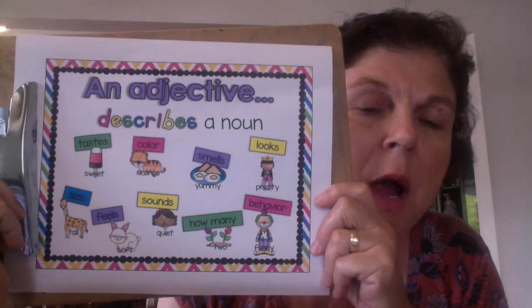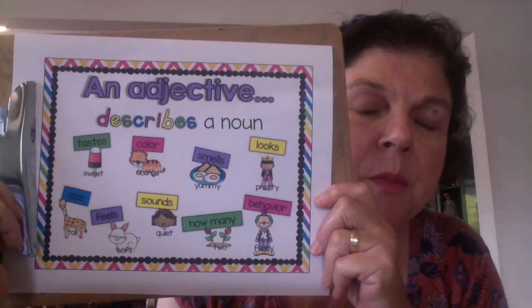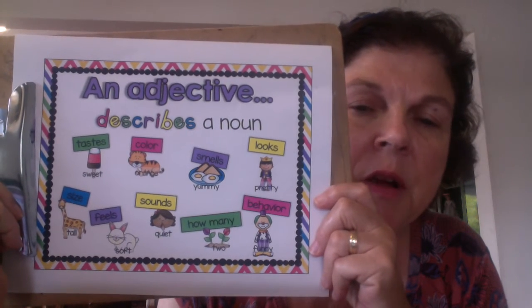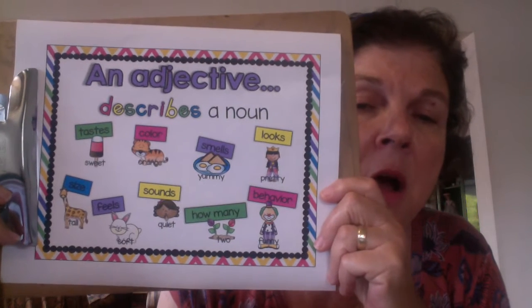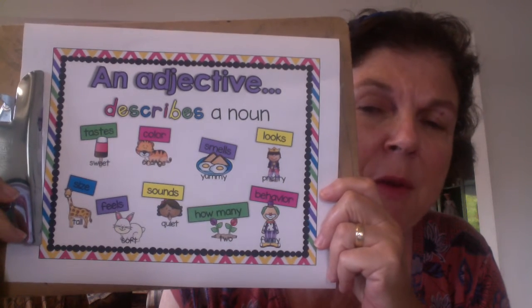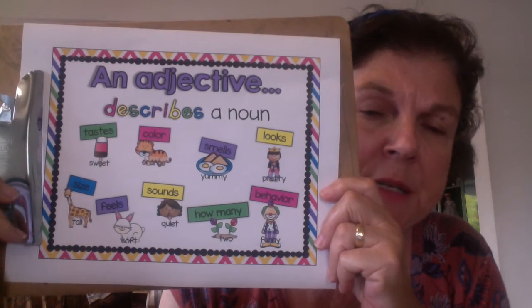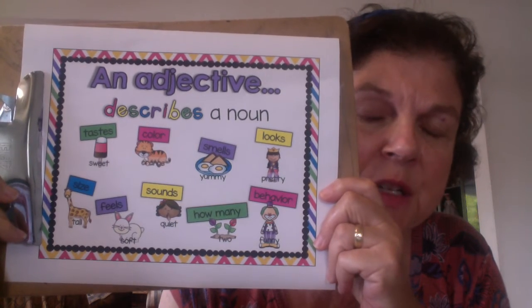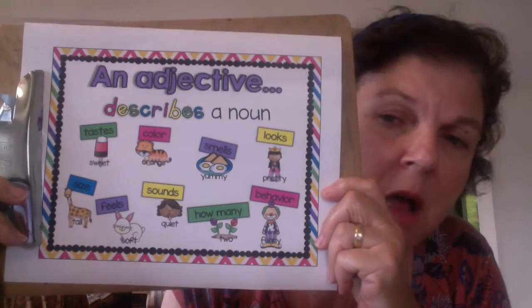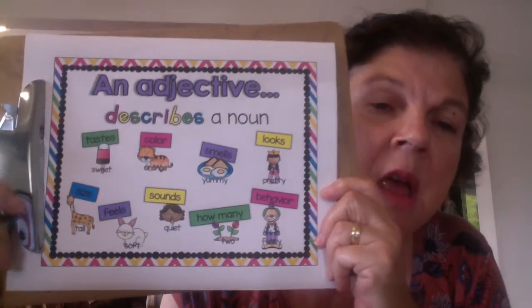If you add describing words, like what something tastes like, or the color, or the size, or the sound it makes, then the person is going to have a better picture of what you're trying to say. So I'm going to review some of the types of adjectives that there are out there. There is a lot of different types of adjectives.